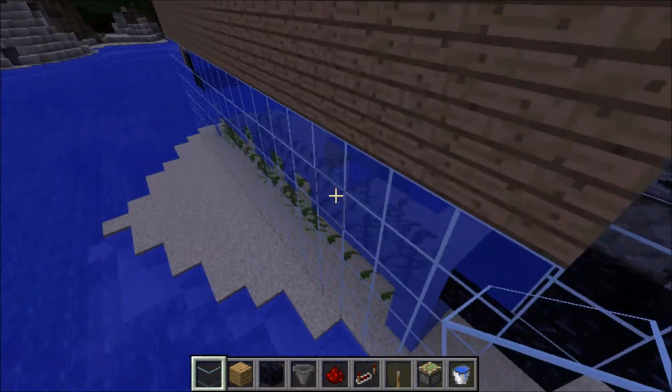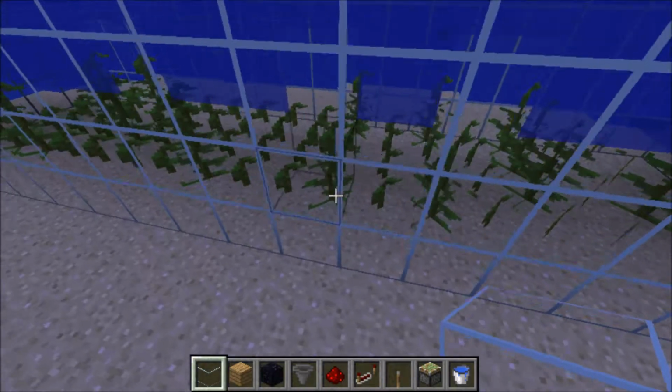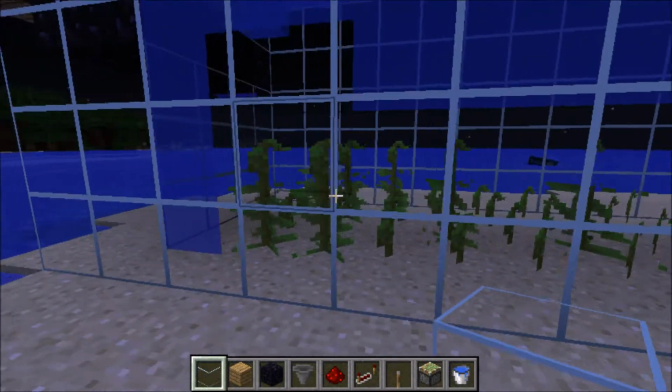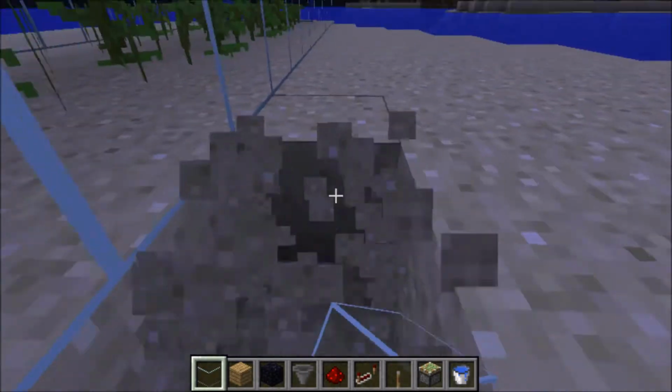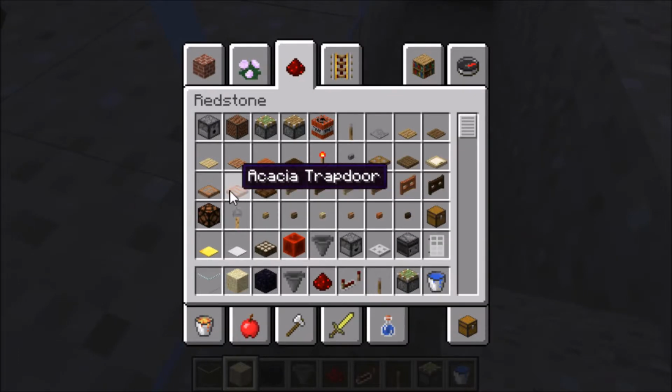Yeah, okay, looks good. Now the maintenance issue I was talking about earlier, there's a couple ways you can do it. You can either dive down in there and replant if you want, or what I did was dig a little trench, and now we've got a trench here, and what we can do with that is we can go along the bottom side here